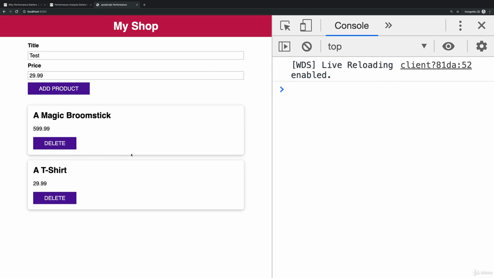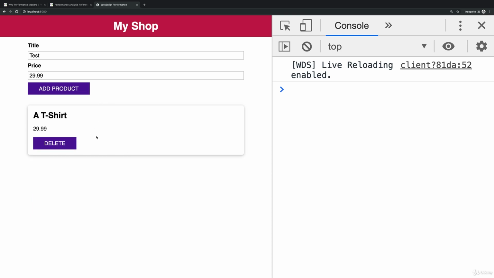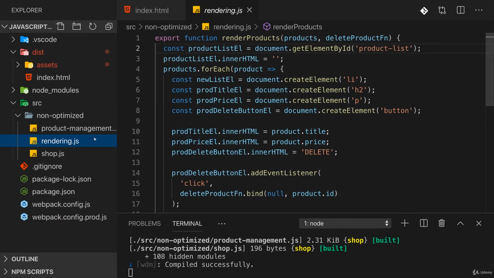And of course, it's also important to realize that this is not a slow app. It has no huge performance issues, as you can tell. Everything works quite smoothly here. Now, of course, because I'm on a fast device here, I have a fast internet connection, but also in general,